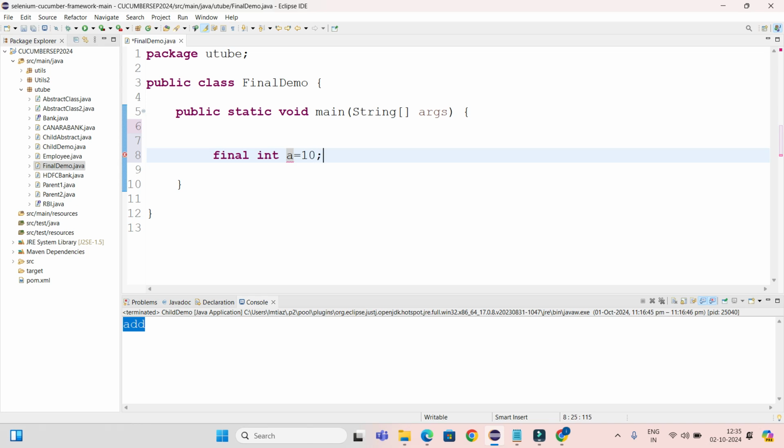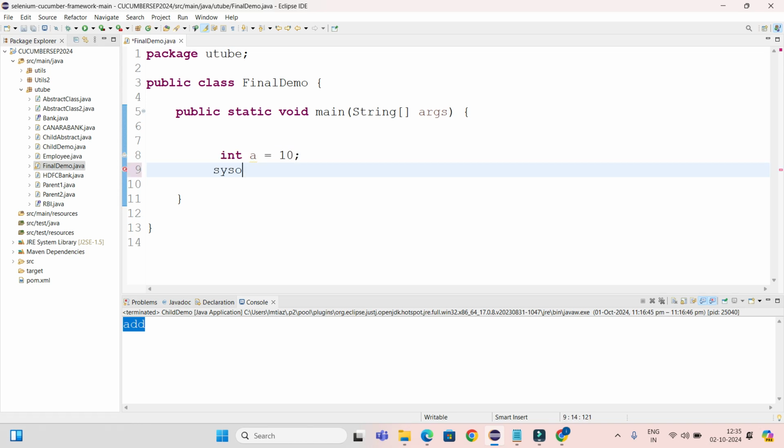Before giving final, I just declare one variable a and assign the value 10 to it. Now when you print the value of a,